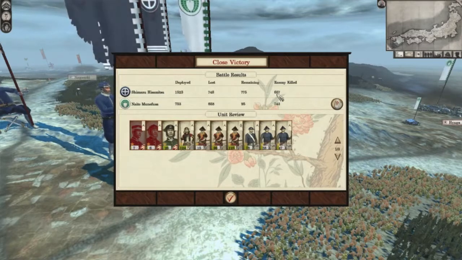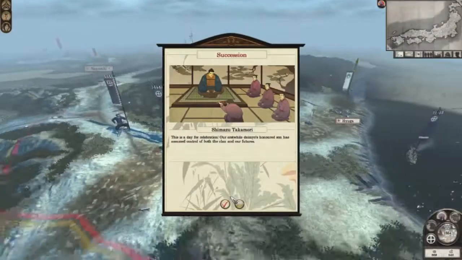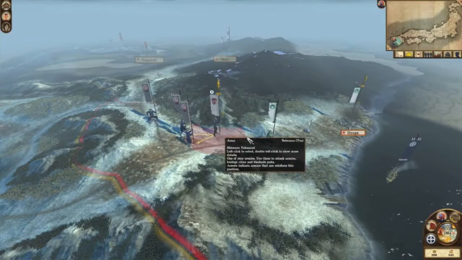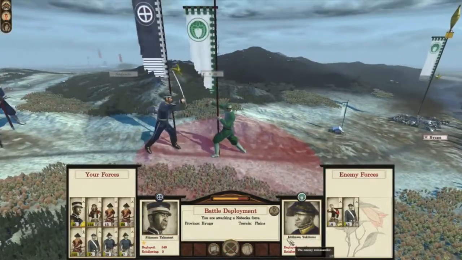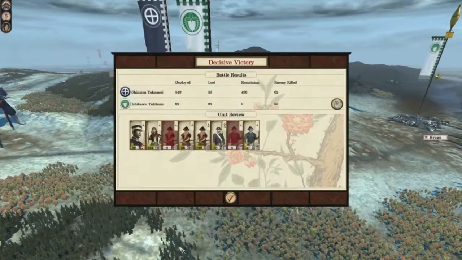But we did kill the majority of their force. They only have 95 troops remaining. We will see if that will kill their army. Alright, so no, it did not finish them off. However, we'll just do that really quick and auto-resolve that battle. And obviously you can see their numbers going down pretty significantly. We're losing a bit more, but